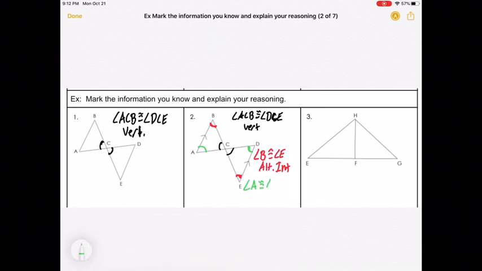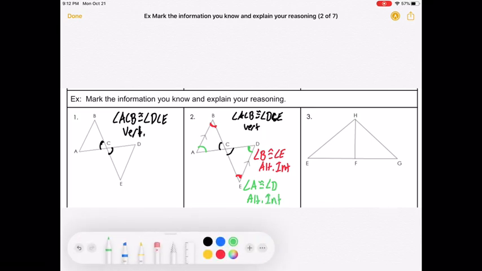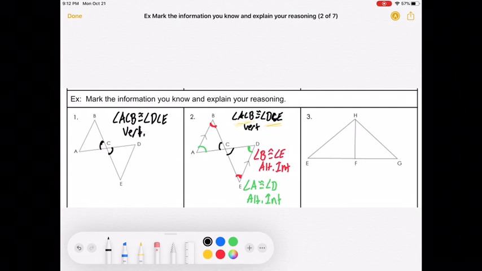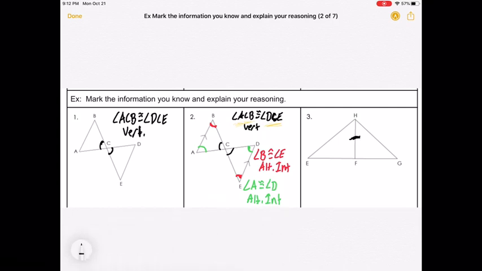Angle A is congruent to angle D, alternate interior. So remember, on a test, you need to write them with 3 letters, but on these notes, because they are quite long, we're just going to do single letters so we can move on quickly. Okay, 3, nothing is marked, so the only thing you can say is congruent is HF, which is congruent to itself. So HF is congruent to HF, and the reason being would be